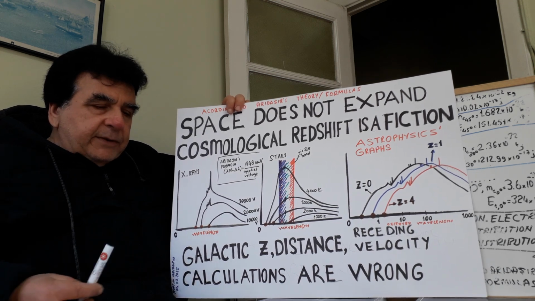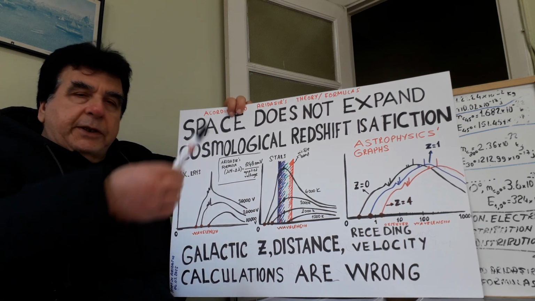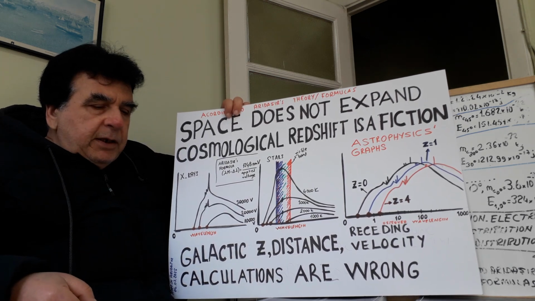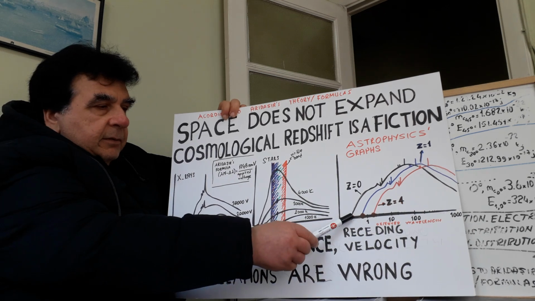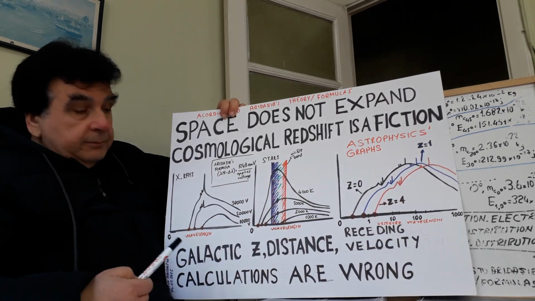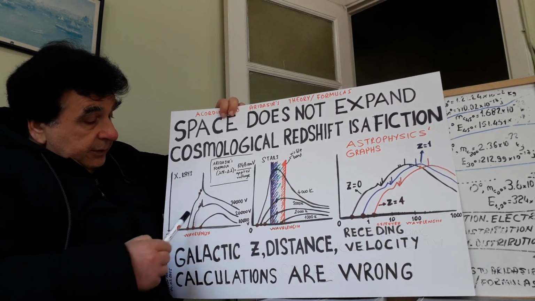Because as the speed of source increases, minimum wavelength of the continuous spectrum decreases, and vice versa. Like this, it must